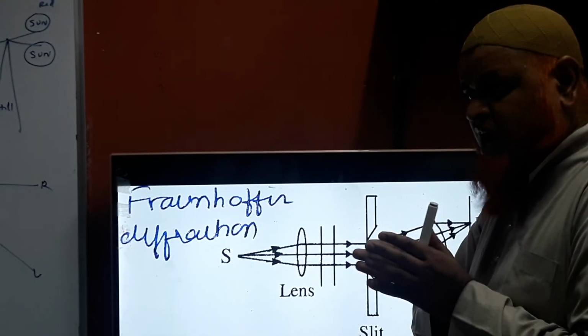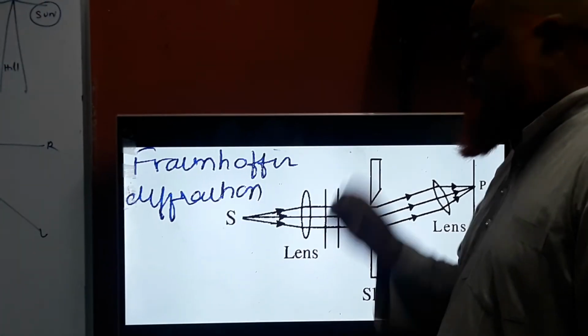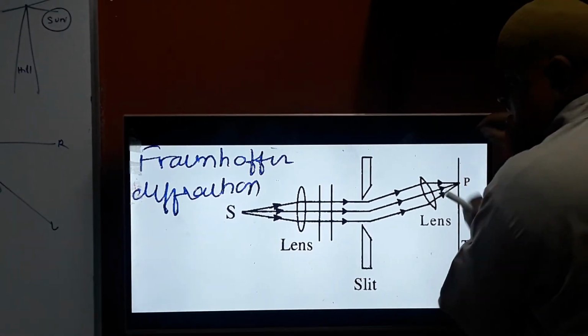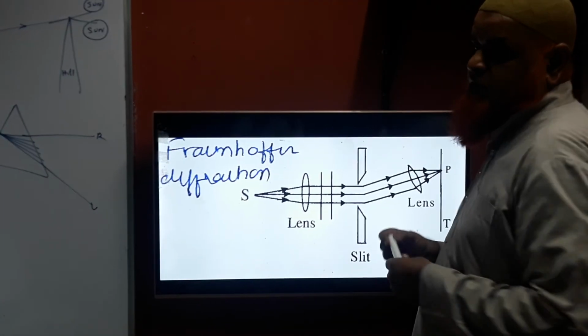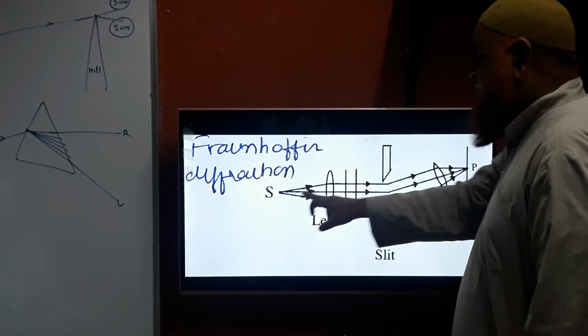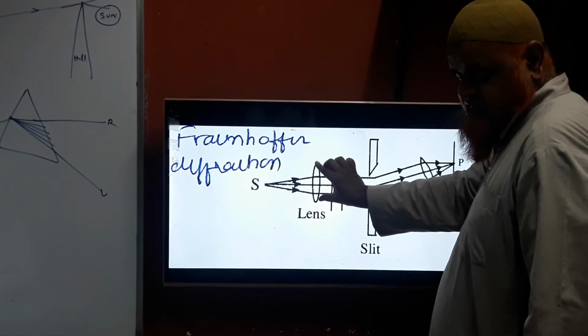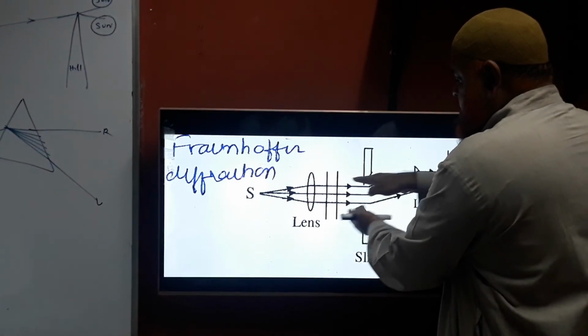Diverge means moving away from one point. Converge means moving towards one point, which is called converging. So here, diverging light rays are being made parallel by using one lens, so that the light rays become parallel